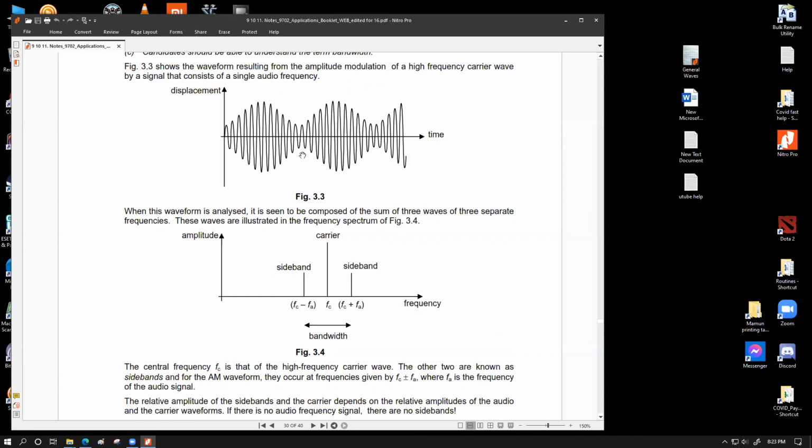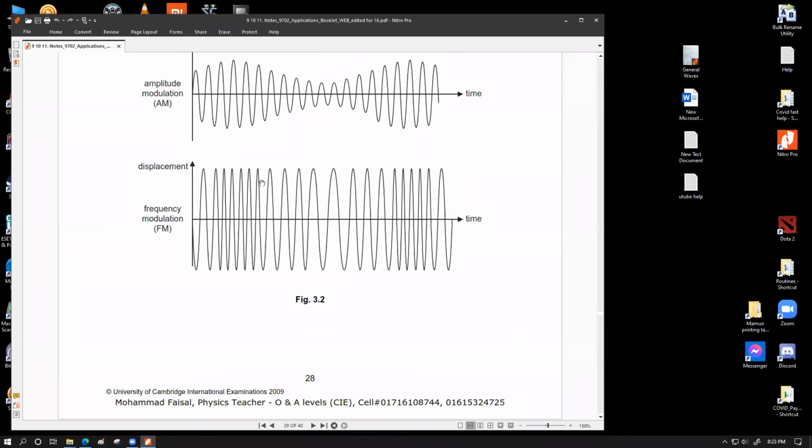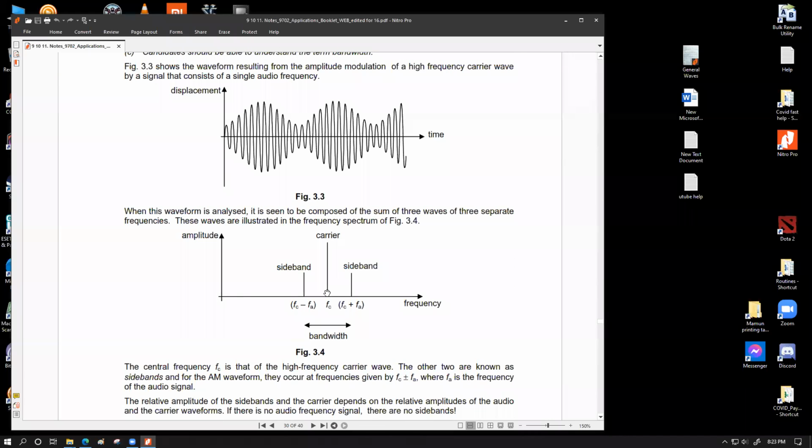When this modulated wave was analyzed, we came to have this thing. This is not a continuous variation of frequency. A frequency modulated wave would look like this, where you have a continuous variation of frequency over time. This is not a continuous variation of the frequency. This is just showing us that analysis of this wave will result in 3 individual waves, which basically means that